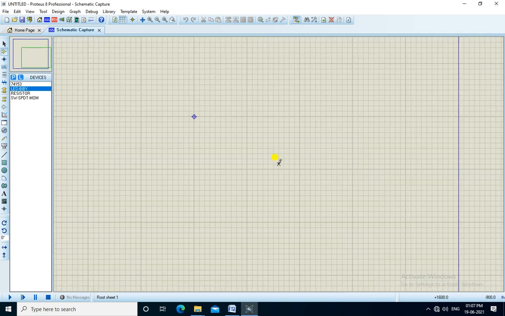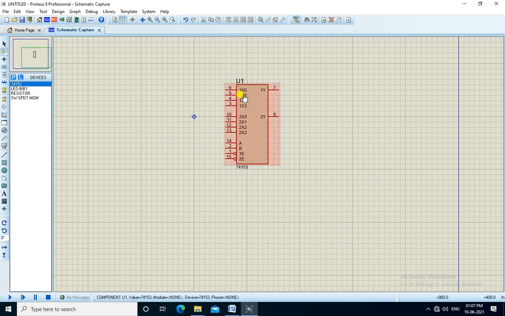Okay, now we place all the components. We firstly place the IC. So this is a dual channel 4:1 multiplexer. So it has two 4:1 multiplexers. We require only one, so we use only one of them.